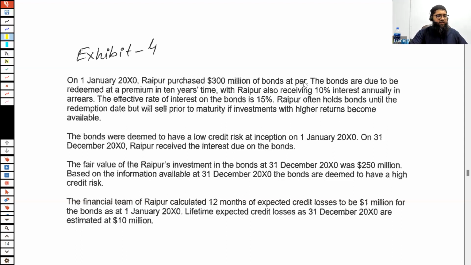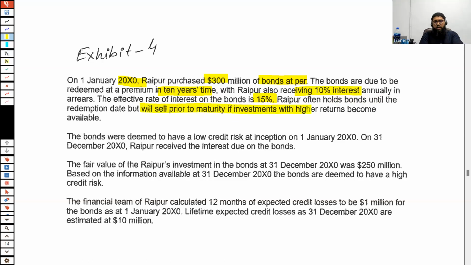Okay, now let's see, it says on 1st January X0, Raipur purchased $300 million of bonds at par. The bonds are due to be redeemed in 10 years' time, with Raipur also receiving 10% interest annually in arrears. The effective rate of interest on the bond is 15%. Raipur often holds bonds until the redemption date but will sell prior to maturity if investments with higher returns become